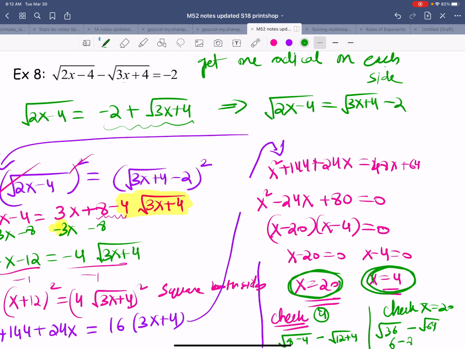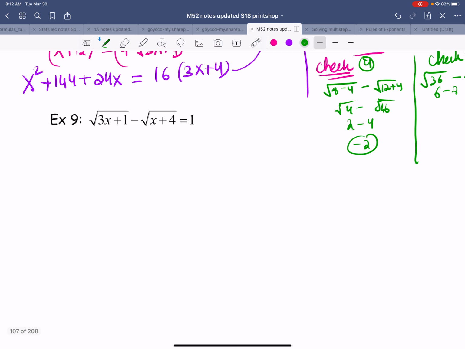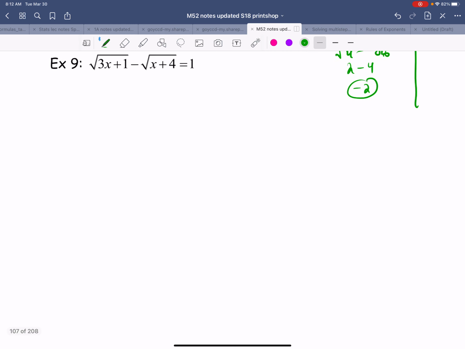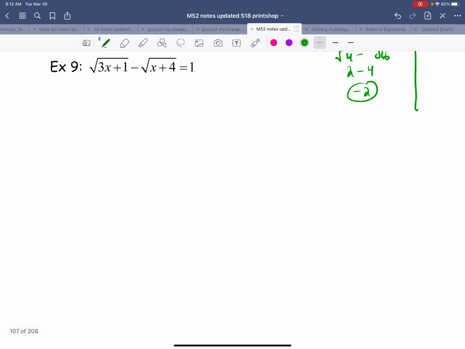All right, so let's check another example here. We have one more example, the last one. Go ahead and pause, give it a try, come back, match and check with me if you feel a little confident about it, or you can continue watching. Okay, this is our last example. And again, this one involves two radicals. So let's see, the first step